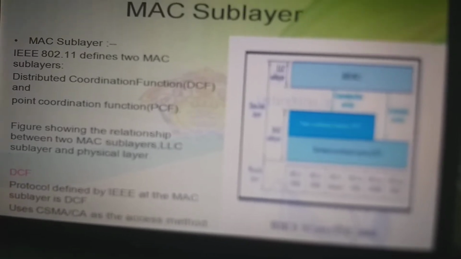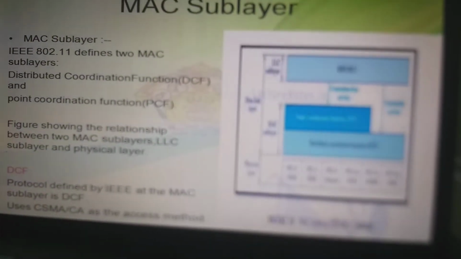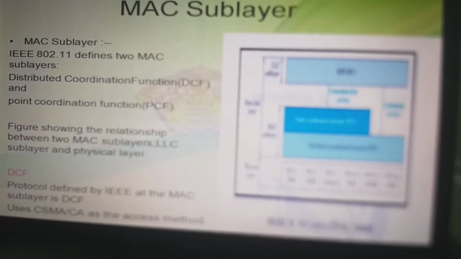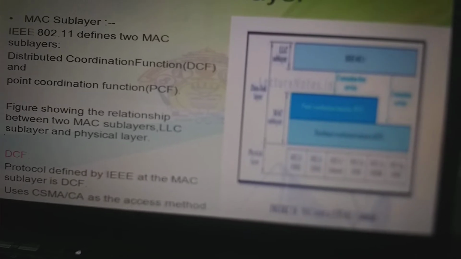A station with BSS transition mobility can move from one BSS to another, but the movement is confined inside one ESS. A station with ESS transition mobility can move from one ESS to another. But IEEE 802.11 does not guarantee that communication is continuous during the move. So next we'll see what is MAC sublayer.